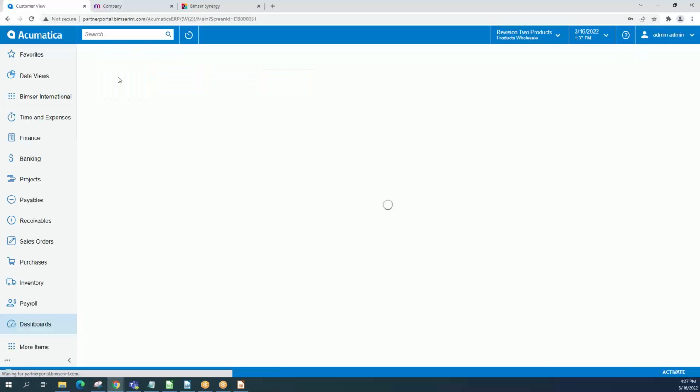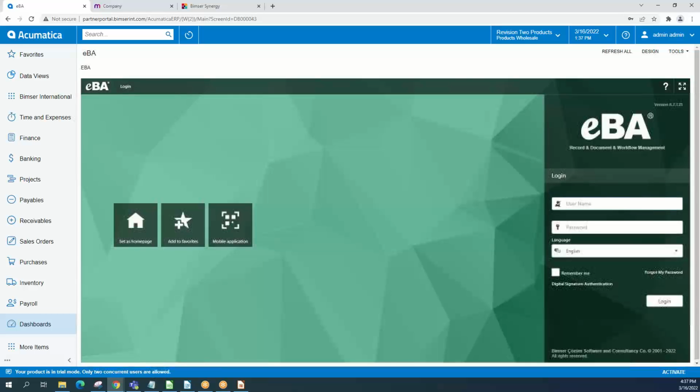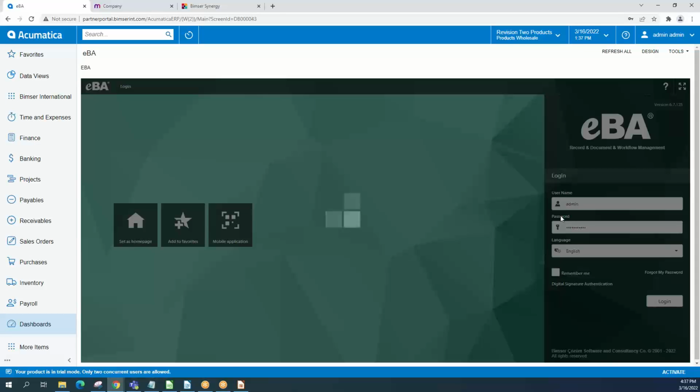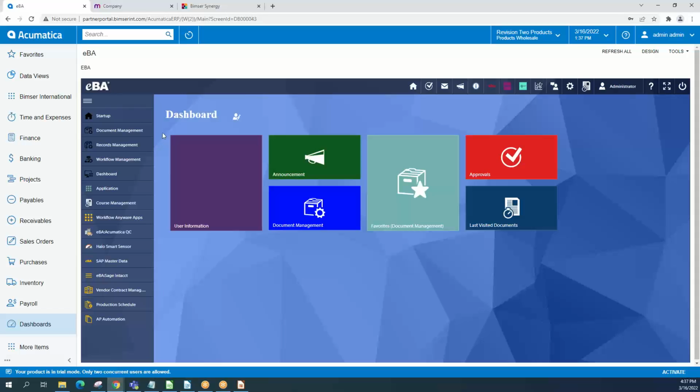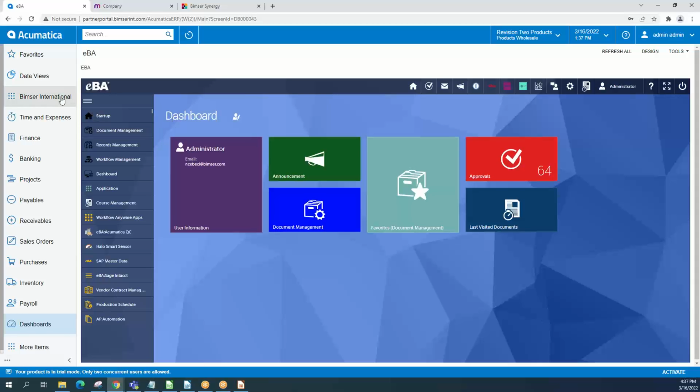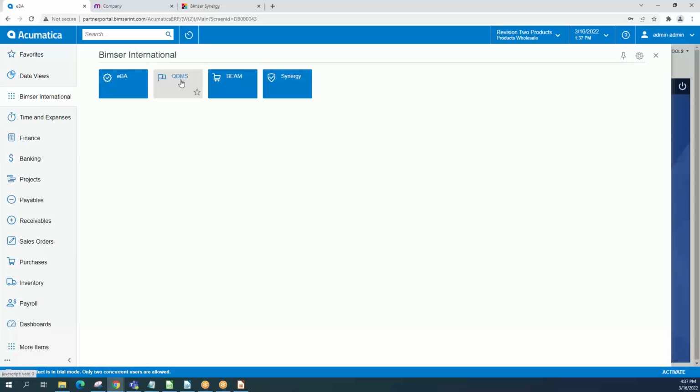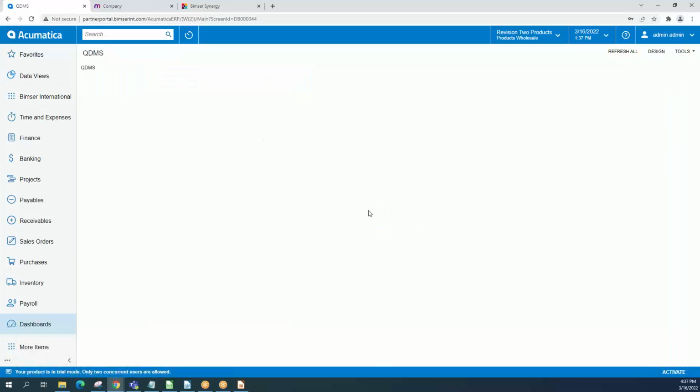For example, like EVA working in Acumatica ERP page, so that we can connect to our own EVA, and on the left you can still get into the workspaces of EVA of Acumatica ERP, and on the right you can manage the applications and also get connection to the document that you upload in EVA. Same thing for QDMS as well. They can run on the same page,